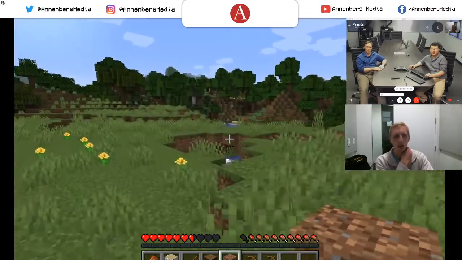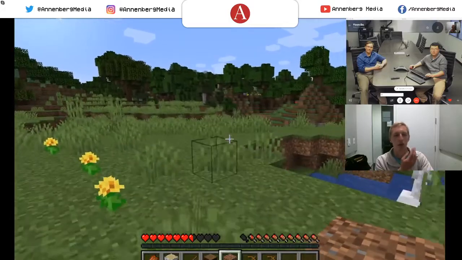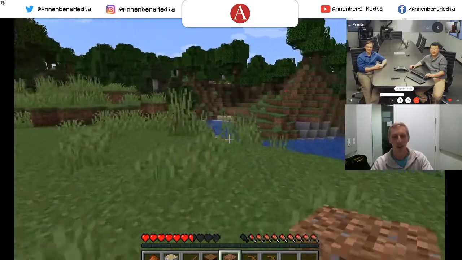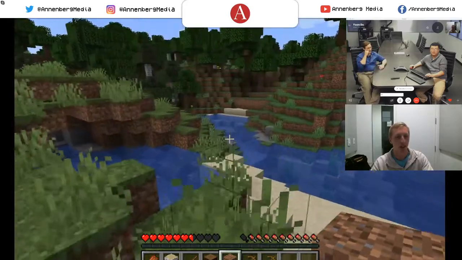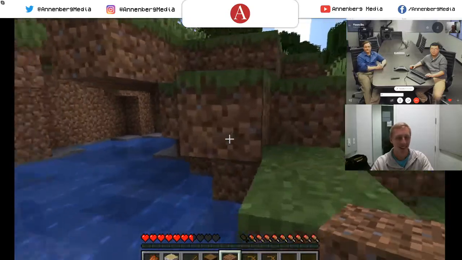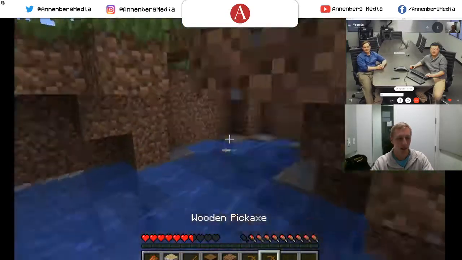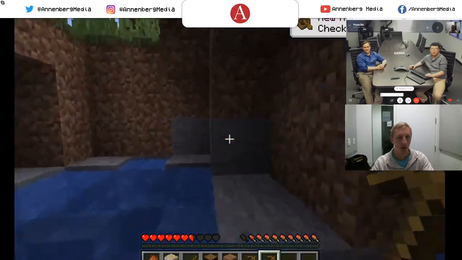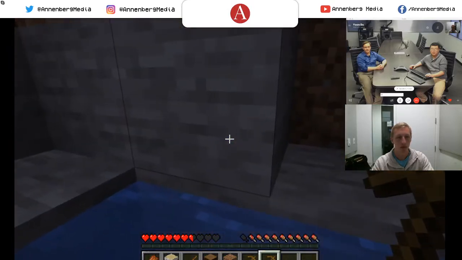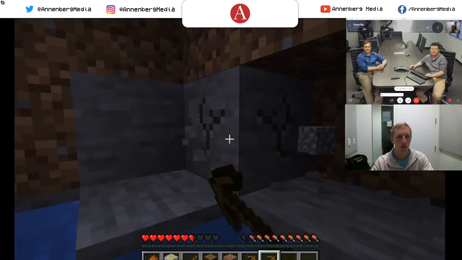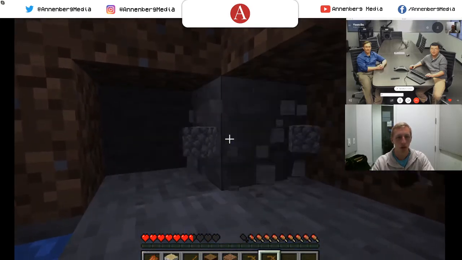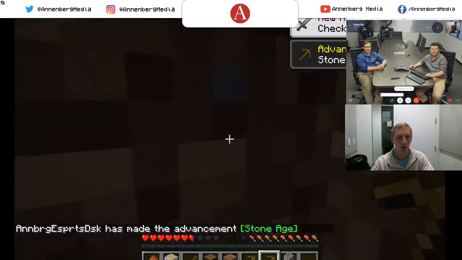Why is multiplayer, or not multi, what am I saying? I'm so stuck in Minecraft. Why is multi-user such a tough thing to conquer? Well, multiplayer too. Yeah, part of it is just getting people to share files with each other. What's the best way to get those files to everyone, and then have them all loaded up properly? It's a lot easier when you're just dealing with files on your computer compared to sharing it with anyone online.